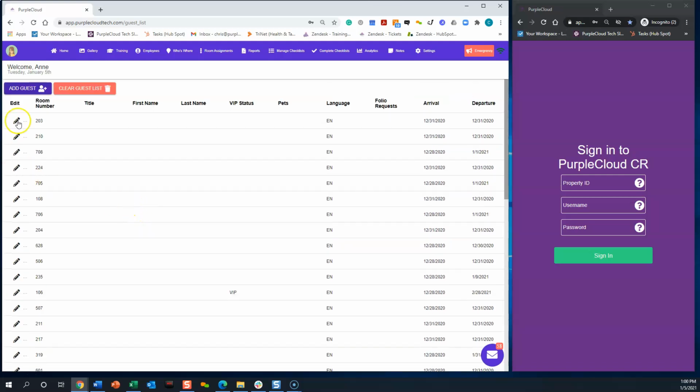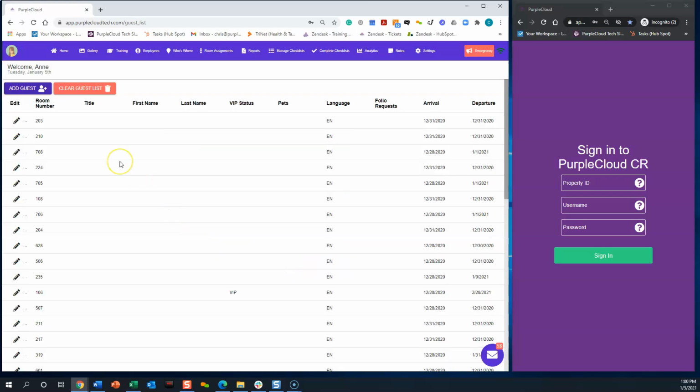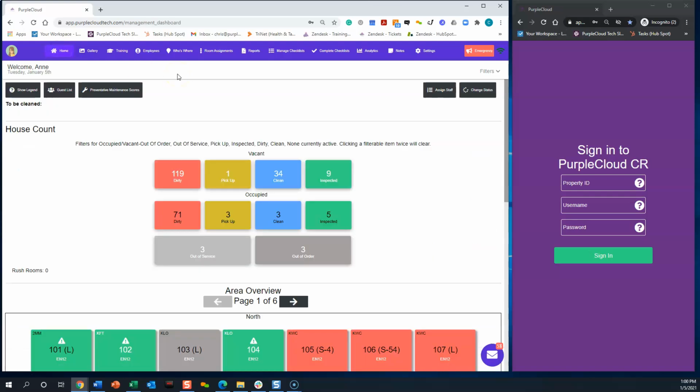You can also edit this list by clicking on the pencil, and then you can type in the title, the first, last name of the guest, VIP status, the arrival and departure dates, their language, and so on. Make sure you do click this green Save Guest button to save the information that you input. But again, if you have an integration to PurpleCloud with your PMS system, then that information will automatically be added